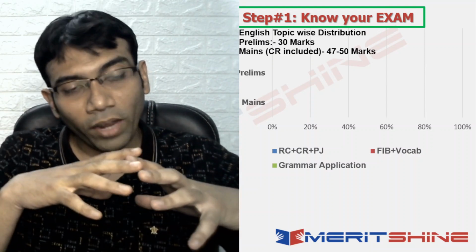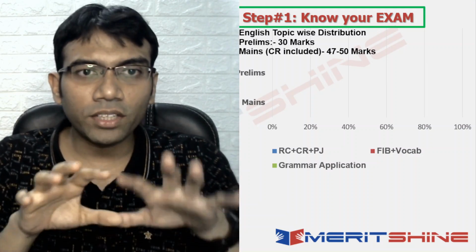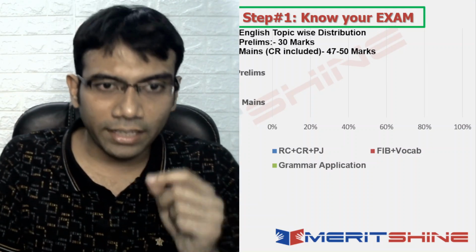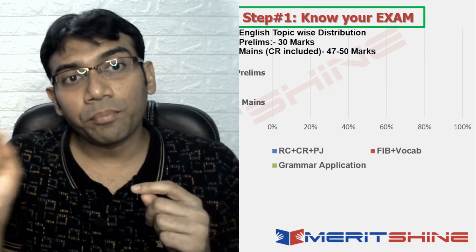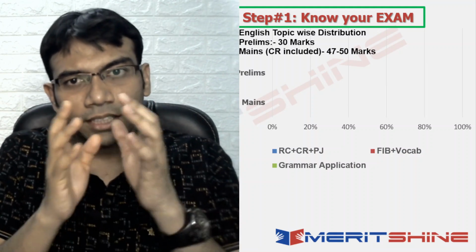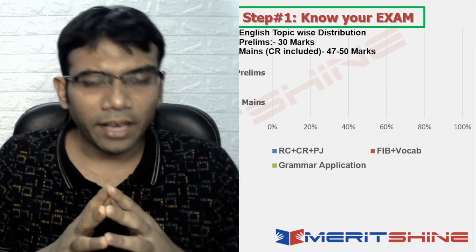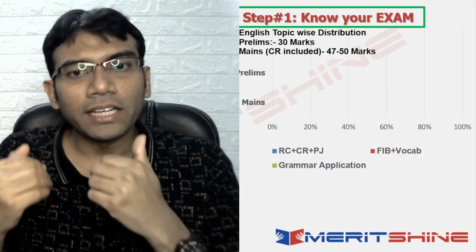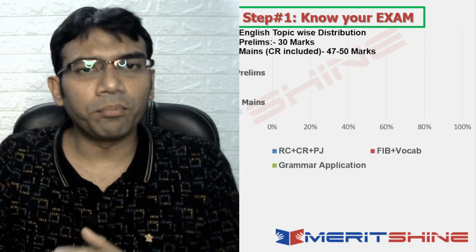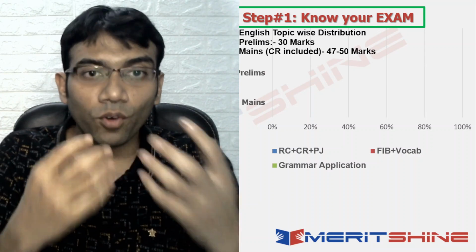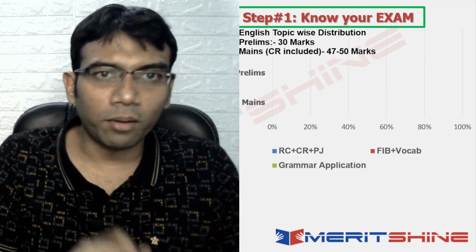So how does the exam look? What is the division? What is the classification of the different areas? If you look at the legends there, the blue one is RC, CR and PJ, so reading comprehension, critical reasoning and parajumbles. Then the red one is FIB plus vocabulary. So fill in the blanks, close test, para completion, vocab application, direct vocabulary questions, those would come in the red